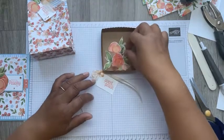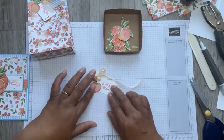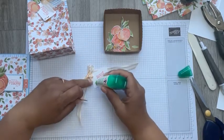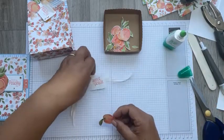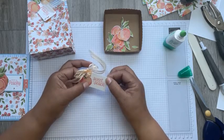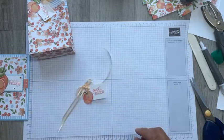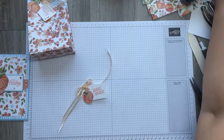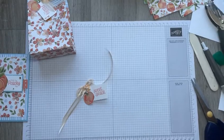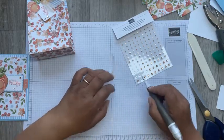So then I want a smaller peach that I've cut out because it's just going to go there. So again, just pop it either on the peach to one side or on the actual stamped image. The other thing is to finish it off with some lovely little embellishments which I put on the card. So I'm just going to put a couple on here,